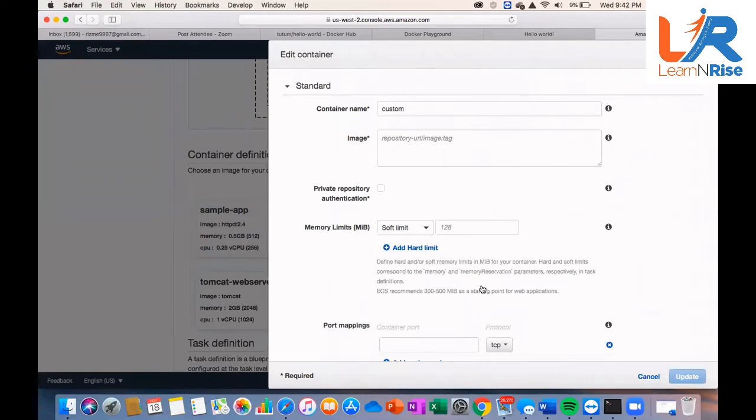Good. So in the image name, what is the image name we have? Tutum Hello World, right? It's saying repository URL plus image name, right? So go to your Docker Hub, copy that image name.